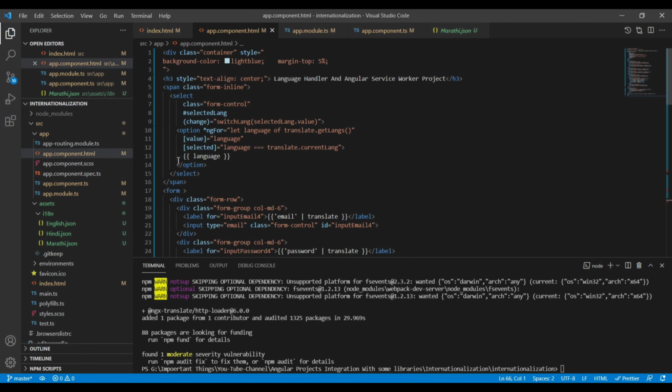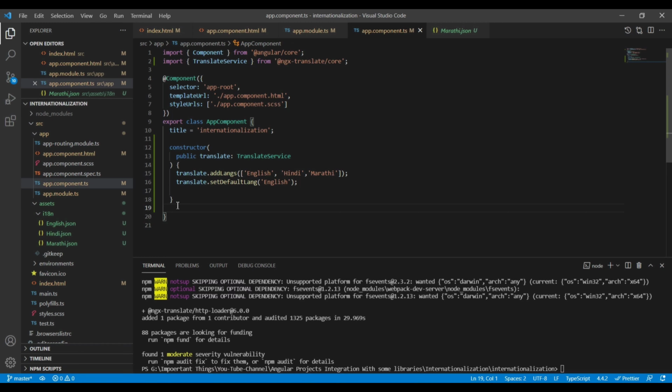Here you can see that I'm using a select, and in the select I am iterating over the languages from translate.getLangs, English, Hindi, Marathi, whatever comes there. Whenever the user clicks on any language, the switchLanguage function will get called. So we'll define the switchLanguage function in app.component.ts.